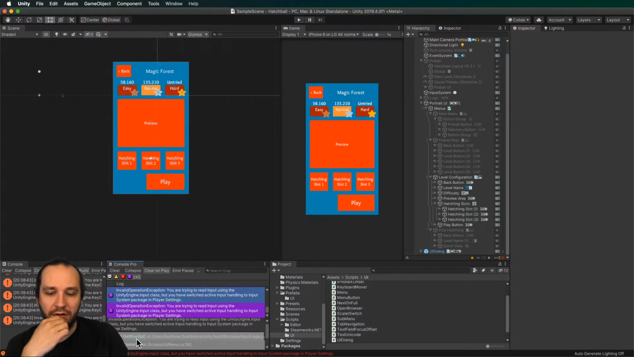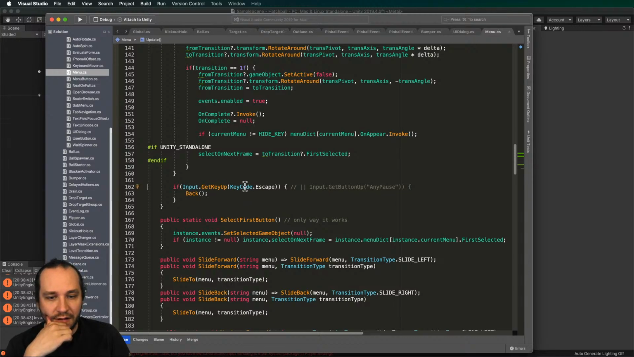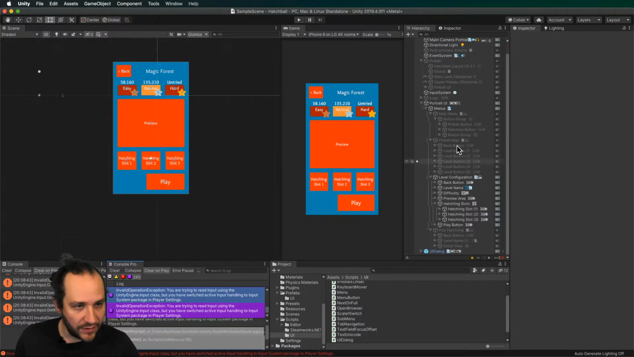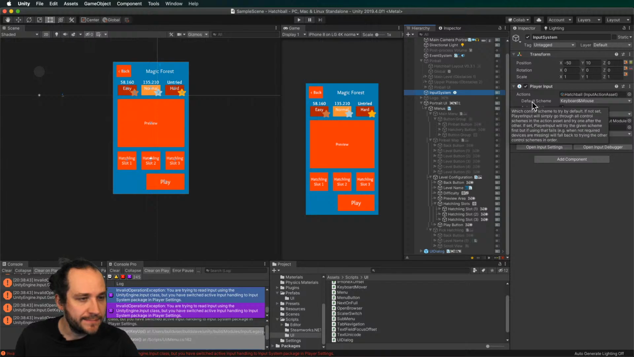Get key up. All right. So there I can go there. That's something that I can't do anymore because I'm using the new input system. So what was a way to do one key? I think I need to set up. Let's see, where's my input system here? Yeah, I have to set up the